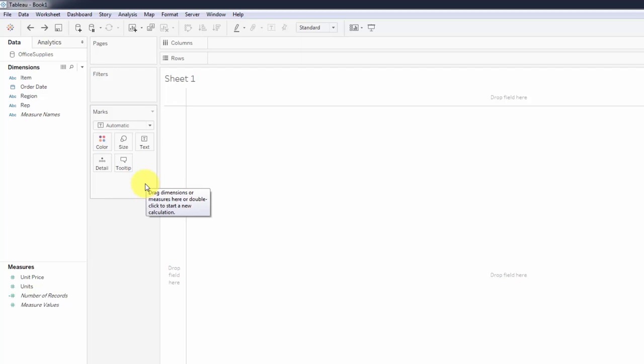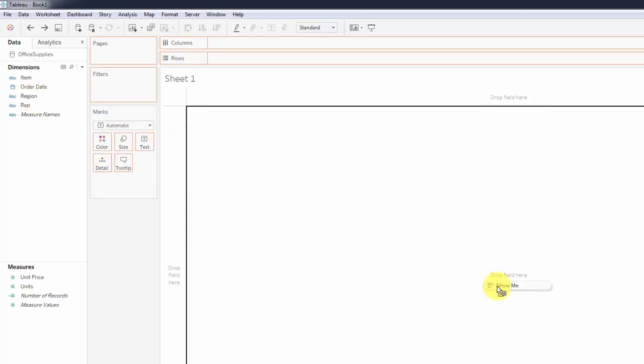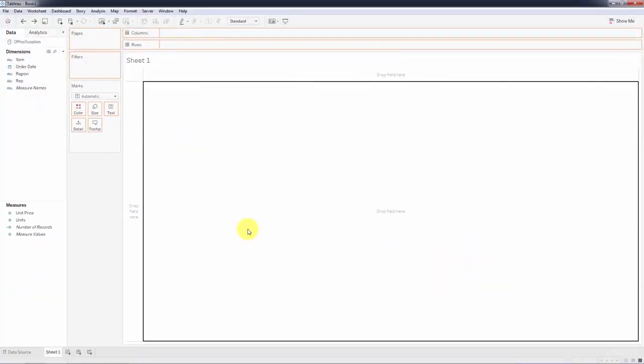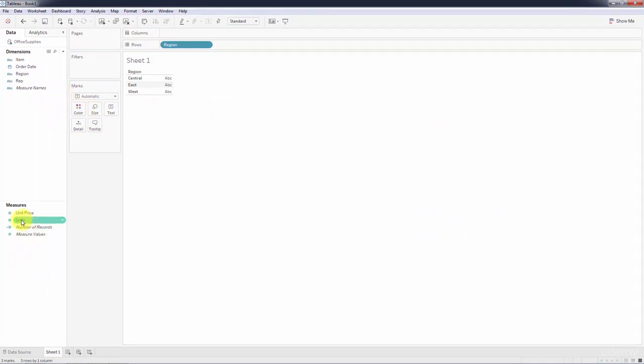I would assume let's start perhaps with region. So we just drag it into the middle here. And so we've put one dimension in, and let's put another dimension, let's say units. And right away you can see that by dragging those two in, Tableau has decided to put region automatically into rows, and your units, it's summed them up, so it's aggregated them by region, and it's put them into